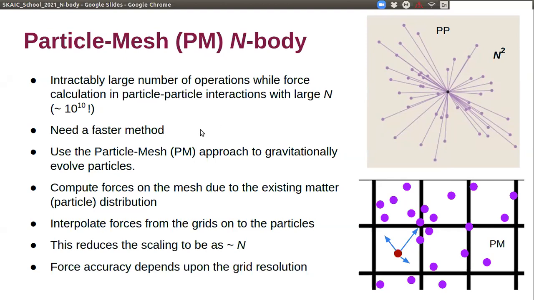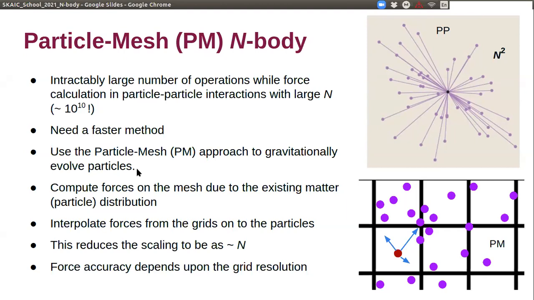So here in this talk, we will concentrate only on the particle mesh approach, which gives you a quite accurate nonlinear picture of the evolution of the universe, and as well the time scale is not large.